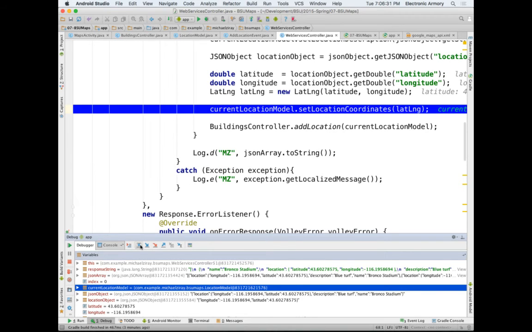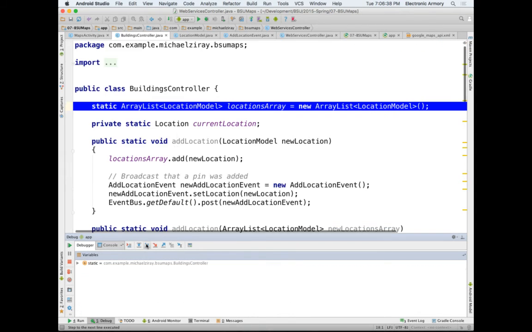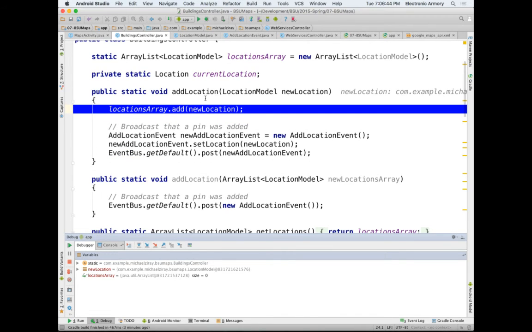And then I'm going to pass that new value into my model. Now everything works. Now I'm going to pass that object to my buildings controller. That gets sent in here. I stepped into it, but it's going to get this object, so I'm actually going to step into it again. Now this is the method that I've stepped into in my buildings controller. It's going to add that to the array. If I hover over my locations array, I want to make sure that it's initialized, because if it's null, I've already initialized it